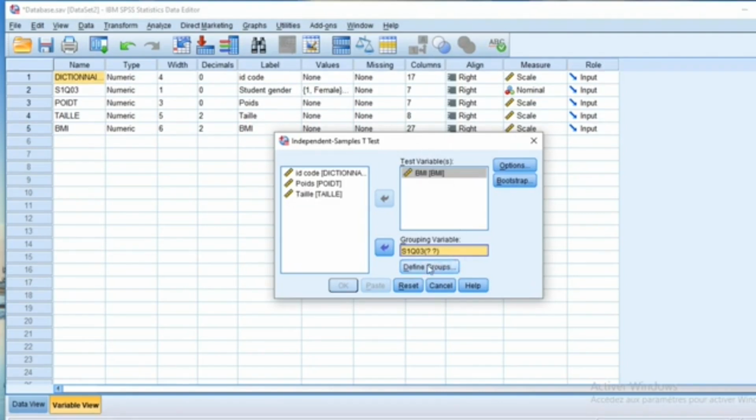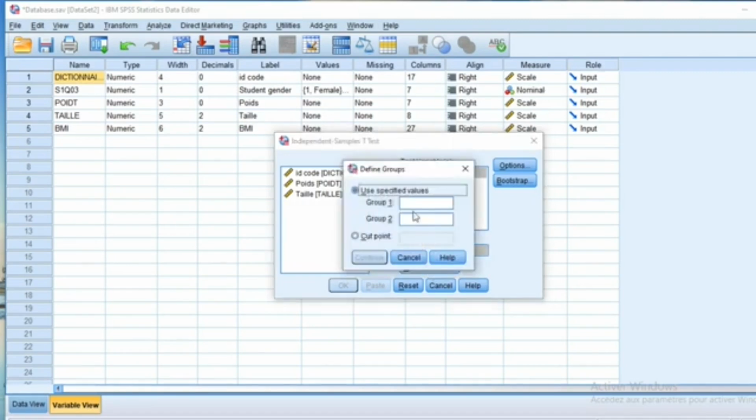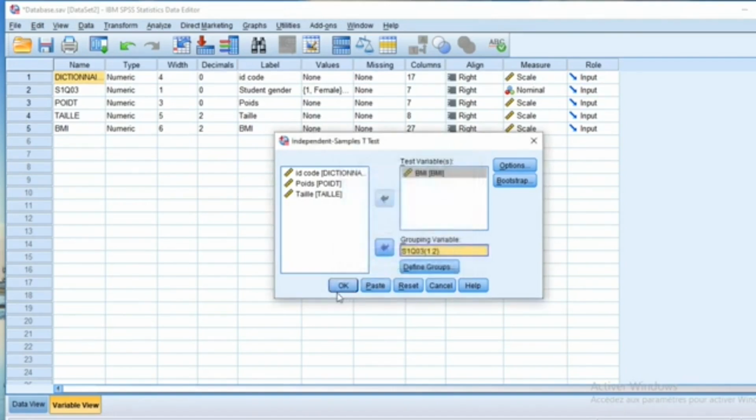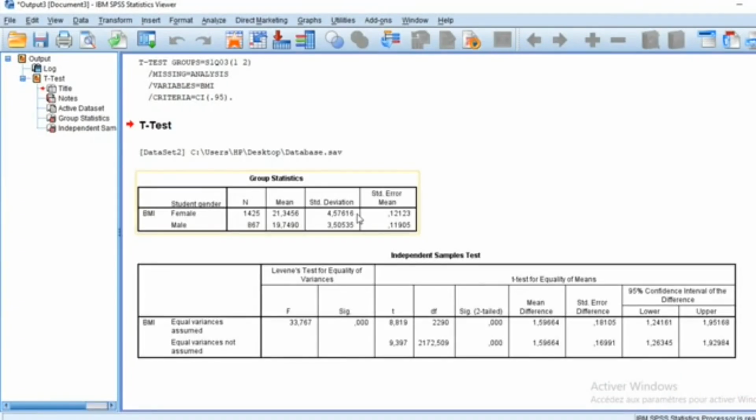So we will click on the Define Groups button here. We enter 1 for group 1 and 2 for group 2. Then we click on Continue, and after that we click on OK, and the output will be printed here on your screen. In the first table we have the group statistics. We have the number of observations: 1,425 female students and